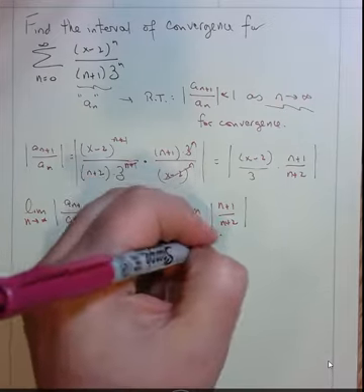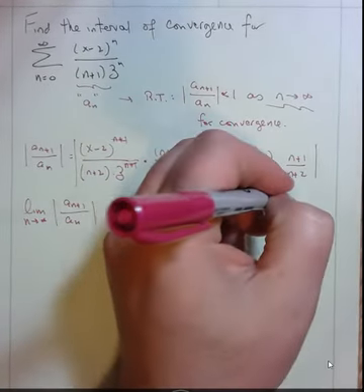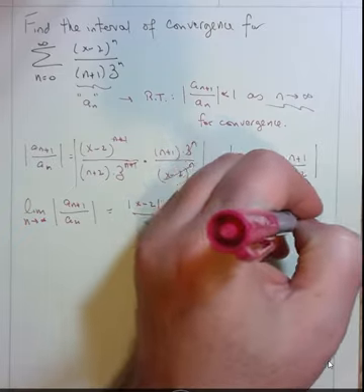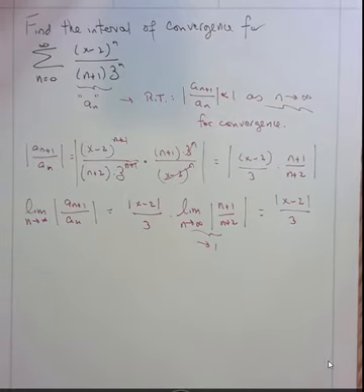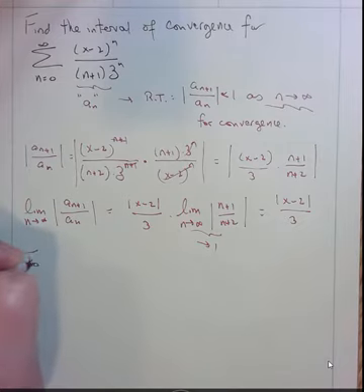This limit is just 1. And so the limit of the ratio of successive terms as n goes to infinity looks like absolute value of x minus 2 over 3. For convergence, abbreviated,